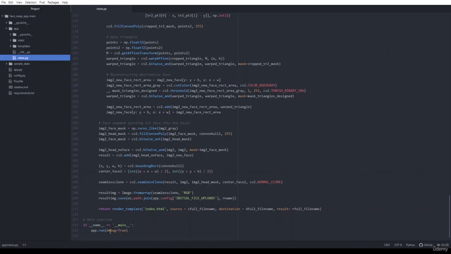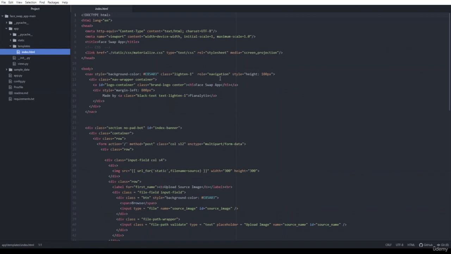Now let's see how we design the front end of this app, how this app will look. For that, we need to go to the templates folder, and in the templates folder, I have defined a file index.html. In order to understand this index.html file, you should have a basic understanding of CSS and HTML. CSS and HTML are used to define the front end of any application. CSS is used for styling and HTML is used for designing the divisions, containers, etc.